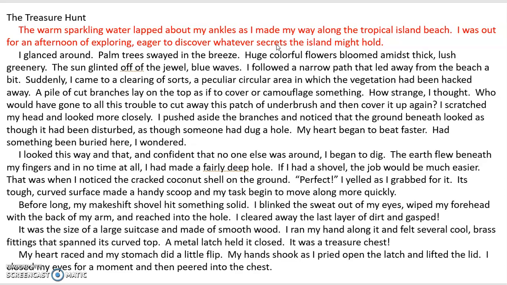So I want you to take your red colored pencil, and I want you to highlight what I have up here on the screen. So in red, you're going to highlight the entertaining beginning of this story. Now, like I said, if I go too quickly, pause it, finish highlighting, and then go back. All right. Next, we're going to talk about